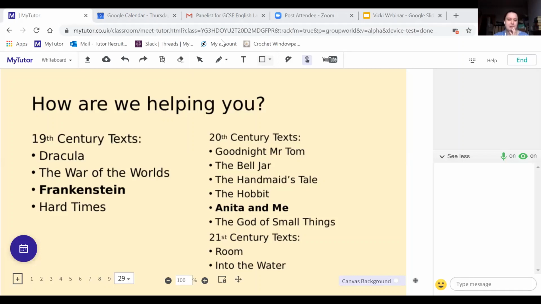What is the difference between English language and English literature? So literature, you're given set texts and you study those. So you'll have your Shakespeare, your 19th century, your modern prose or play, and poetry. So with AQA you have either love and relationships or power and conflict. And then you get your unseen poetry as well. So the unseen is the only thing that you don't know what's coming at you.